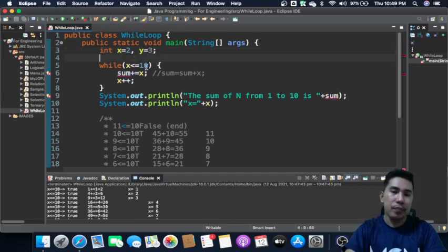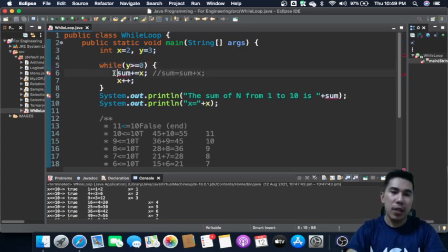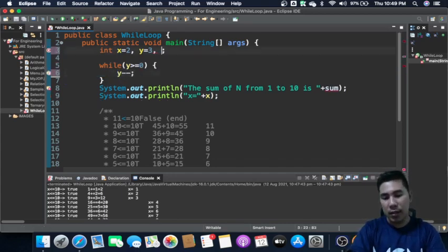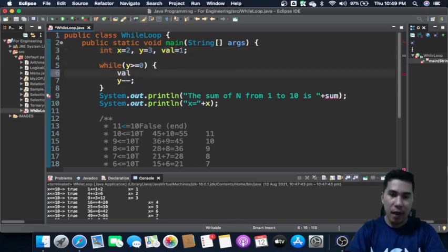Then let's say we have x or y greater than or equal to 0, and then y minus. And then you have here, let's say val is equal to 1, and then val plus equals the value of x.